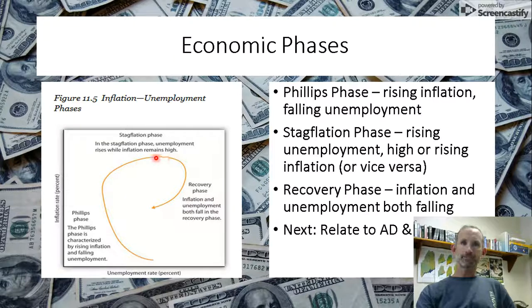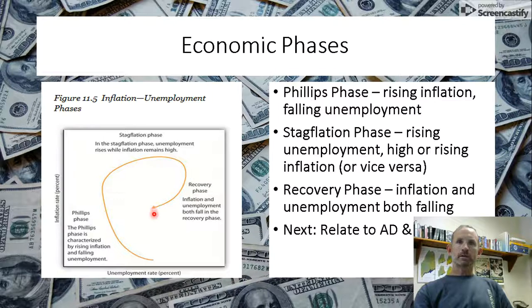Then there's a stagflation phase. Sometimes this is possible. In this example, inflation has been driven up really high. Then it starts to cause other problems in the economy. The economy slows down, and you see unemployment increasing. So that's what I said was the worst case scenario. Stagflation means the economy is stagnating. It's not growing. We're seeing unemployment, but we're still seeing inflation. So we've got both of our big problems going on at the same time.